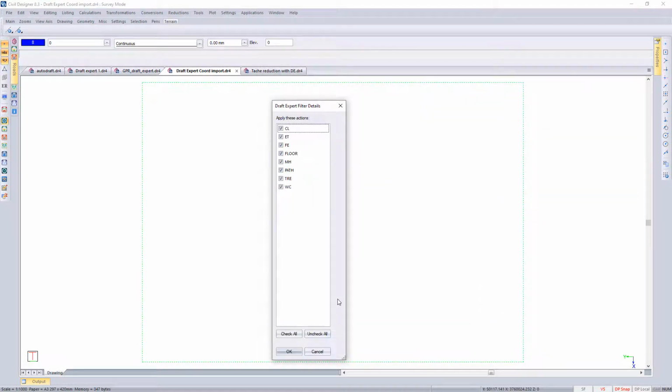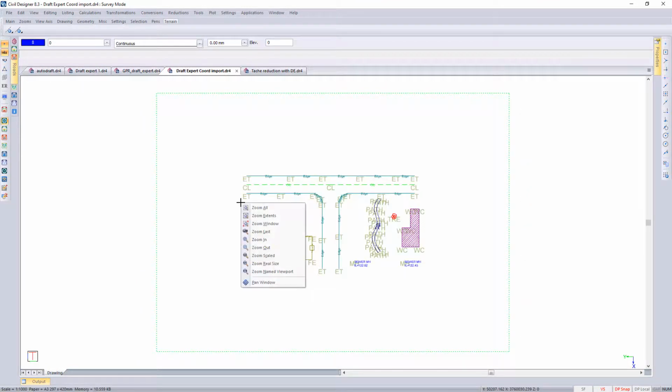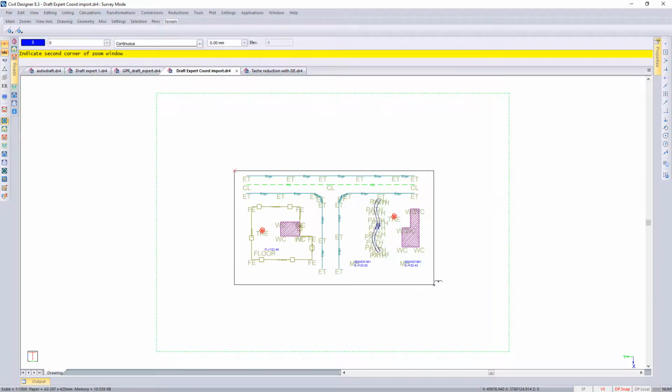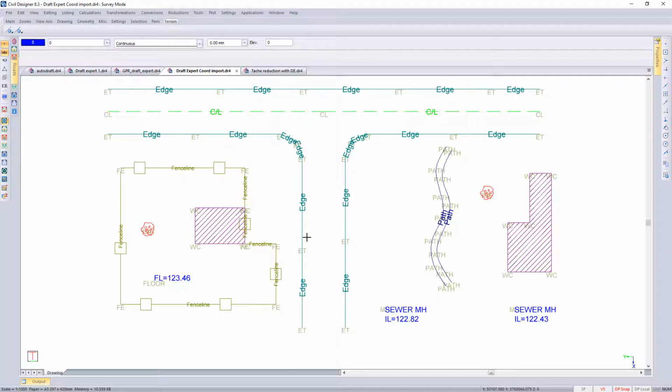Okay, and I've just selected to run all those points, so actions for all those points, and you can see all the CAD work has been done pretty neatly. Okay, so those sequences based on those exclamation mark positions where the lines stop and start. You can also see the annotation that you've asked to be added along the lines. And your tree symbol that's come through those levels, the water closets, and then the path based on that zigzag method. So it's straight across and then diagonally across all the way along that path as the readings were inserted